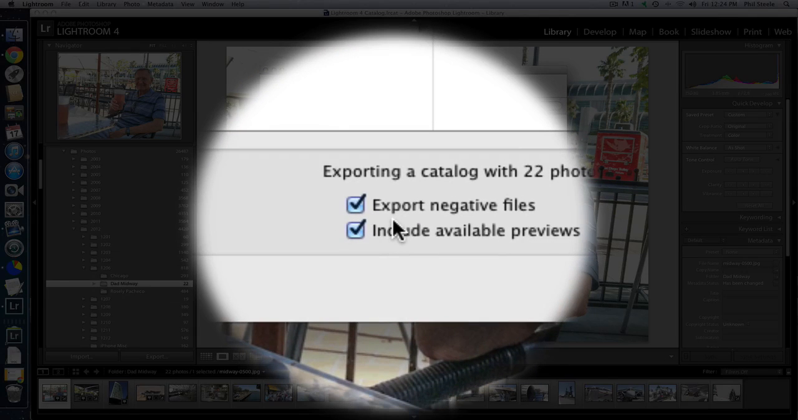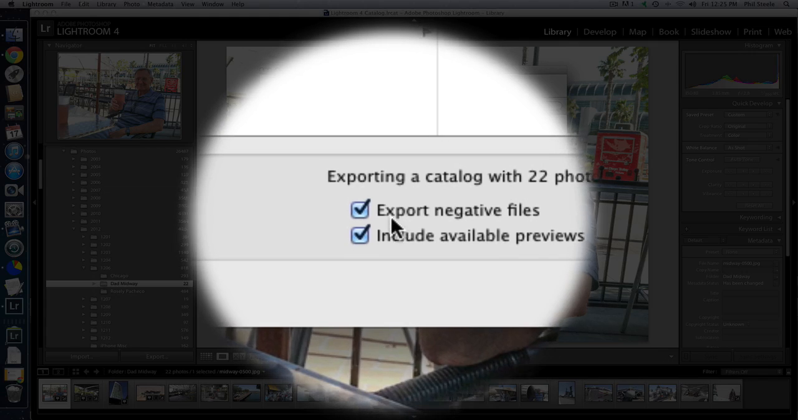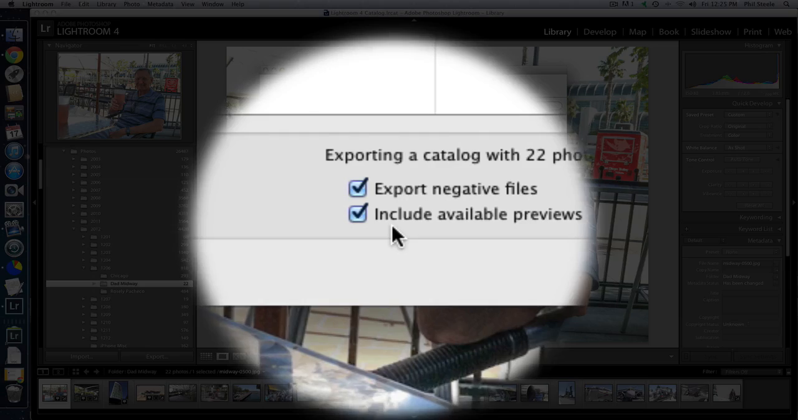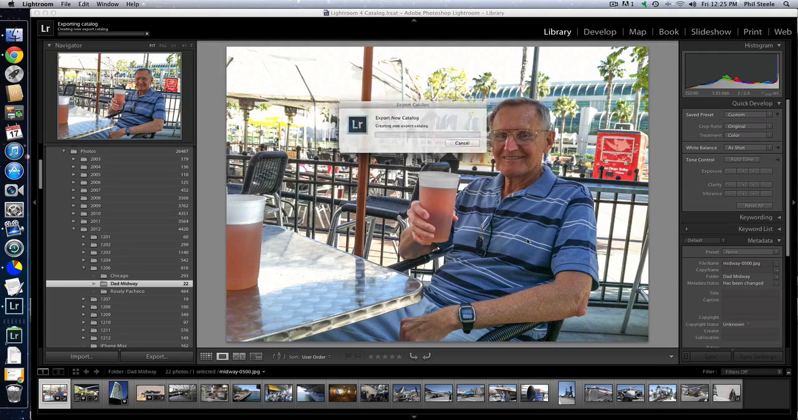The first checkbox says Export Negative Files, which is Lightroom's very confusing way of asking you if you want it to include the photos themselves in this exported catalog. And I see no reason why not. You might as well let Lightroom just move the files for you from one computer to the other. So I leave that checked. I also leave this one checked that says Include Available Previews, because if you don't, then Lightroom will have to regenerate the previews on your home computer. So why not just leave both of those checked? And then you say Export as Catalog,